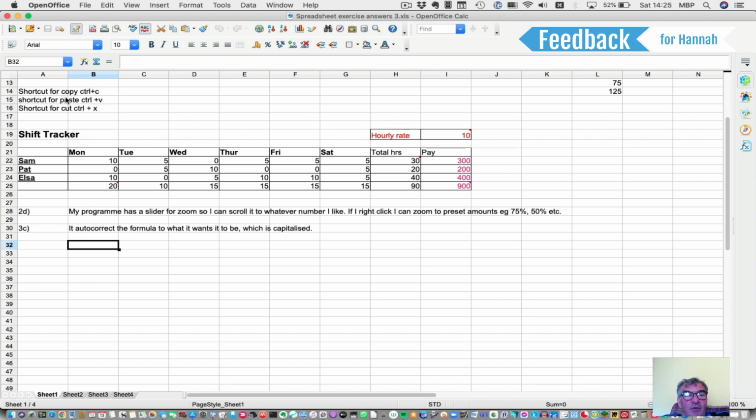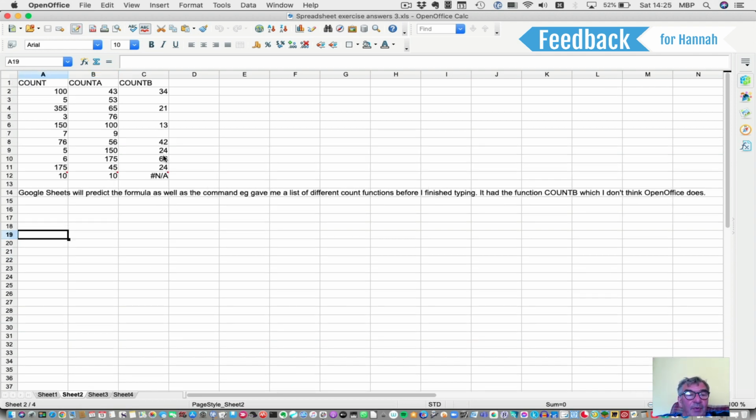I can see you've got the shortcuts. They're worth remembering because obviously they run across all the Office packages, and sensibly they've done the same thing with OpenOffice, which is great. I could see that you're making comments here that tell me what you've done. Wonderful. And I can see that count B is the only thing that didn't kind of work for you here,